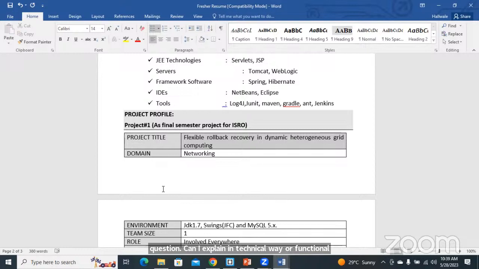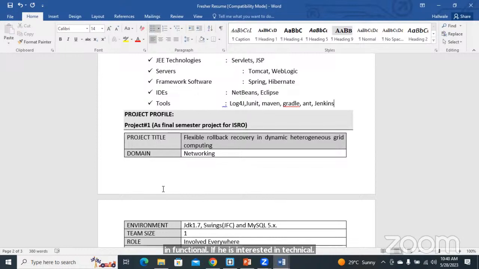If you don't ask that question, then you say, hey boss, I have worked on Java. I used Java 8, and after that used HTML. After that I had to do so and so. But maybe he asks a question regarding the functional way. Functional way means how the functionality is going on. That time you don't want to put technical. Whatever you have used, don't put. If he is interested in functional. If he is interested in technical, that time